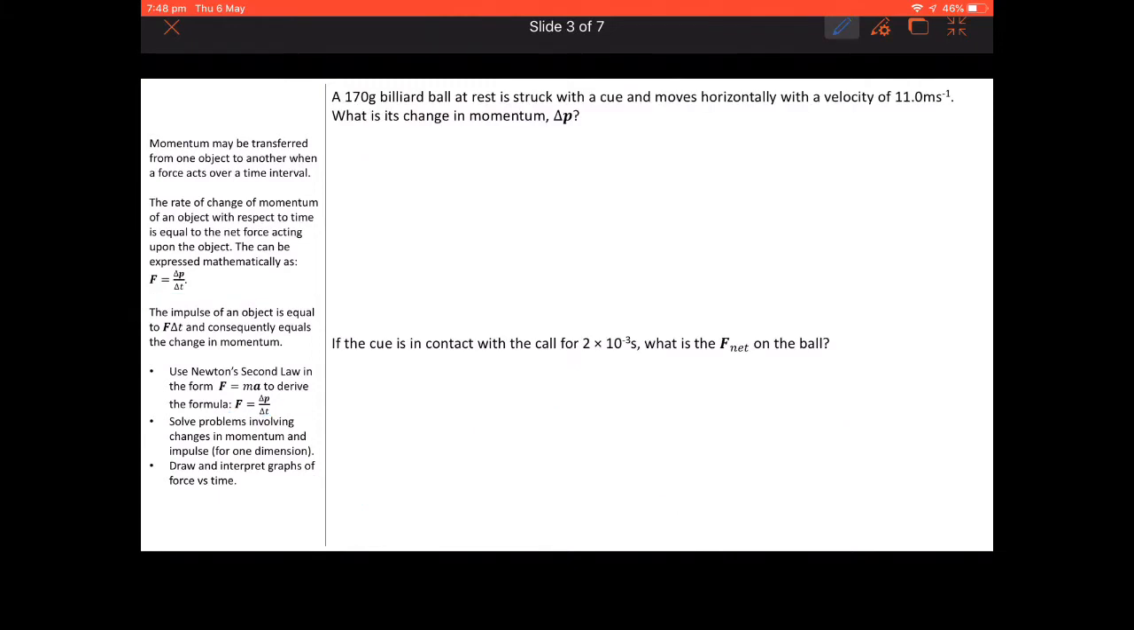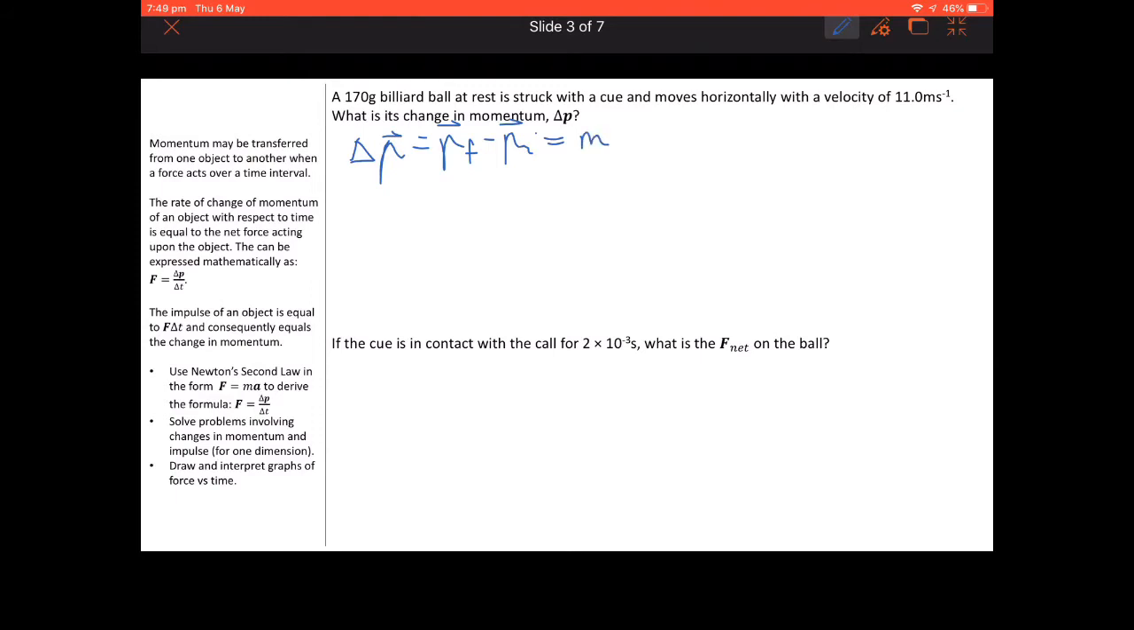So we've got a 170 gram billiard ball at rest, and it's struck with a cue and moves horizontally with a velocity of 11 meters per second. We have to find what the change in momentum is. So change in momentum is equal to the final momentum minus the initial momentum, and that is equal to